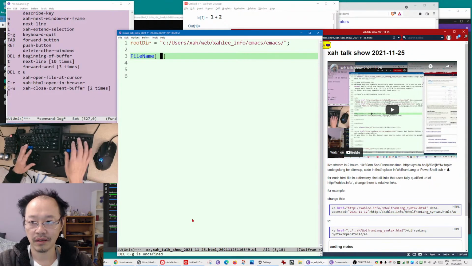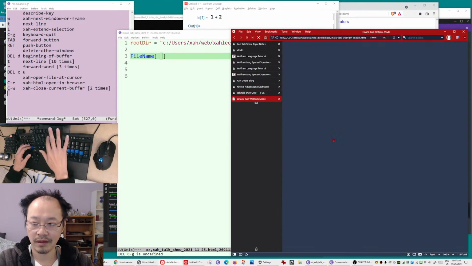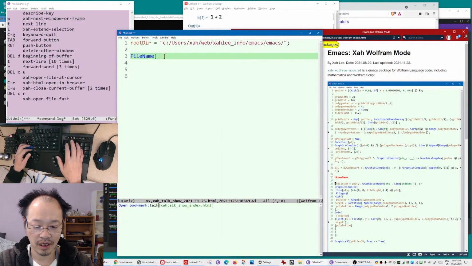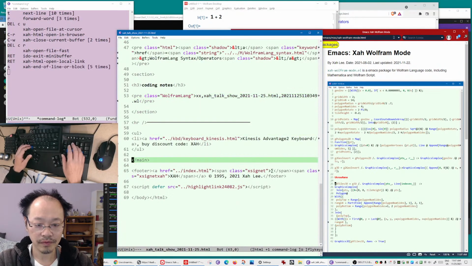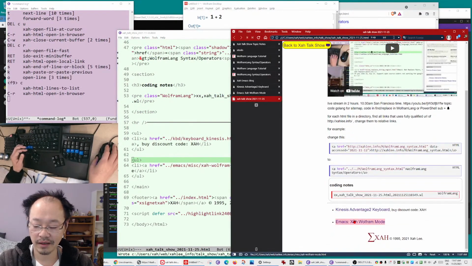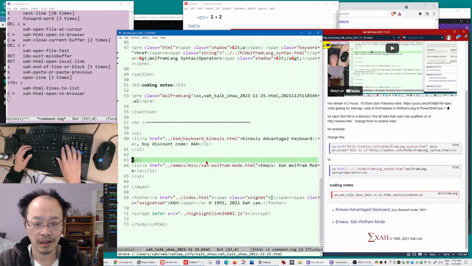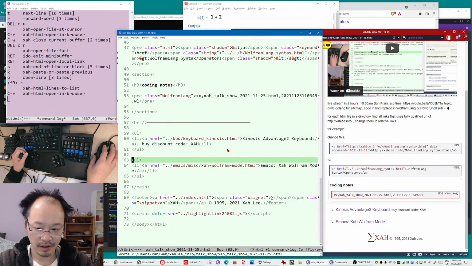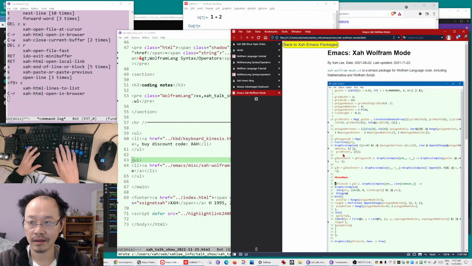Okay, so wait, go here. Open last closed. Copy the URL back to Emacs. Go to talk show, SAS talk show, and paste the link. Make a note so we have a record of what we talked about today. Okay, so that's Wolfram language mode. Okay, so now, and close that,